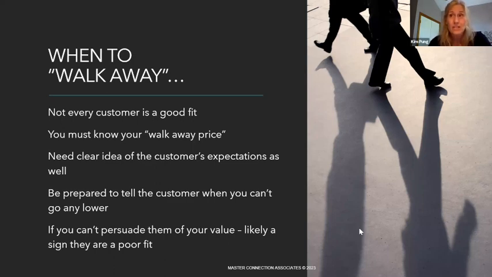But we don't have to just keep going low, low, low, low, low to make it fit, just because we want the business. Because really, if we go back to sales 101, we should be prospecting to find the right business that is willing to pay our rate, and is willing to be a best fit for our venue, our center, whatever the case is. So it all fits together.